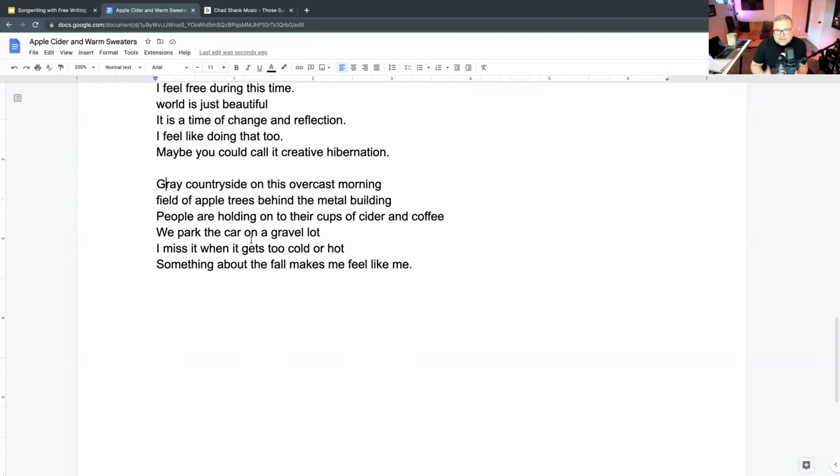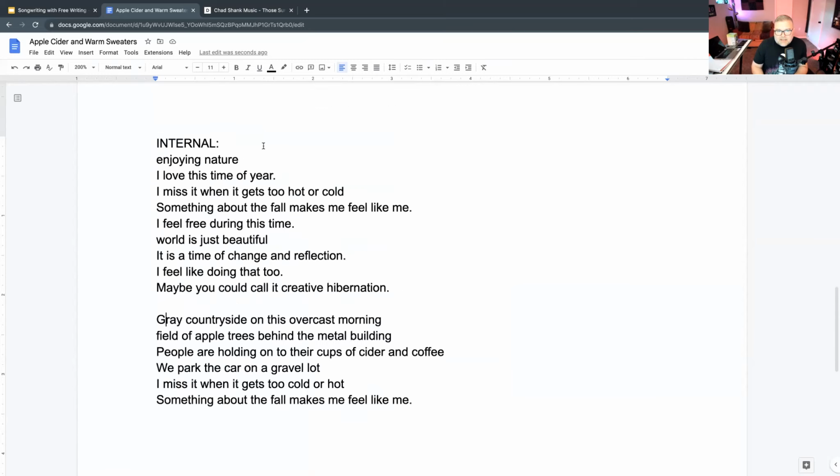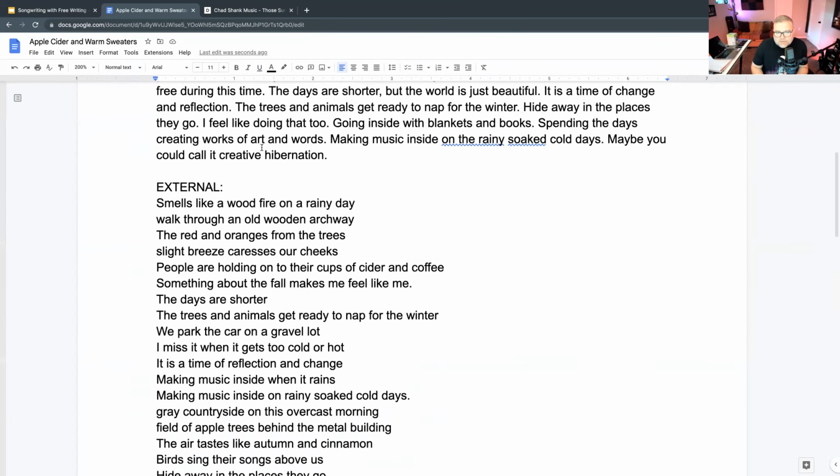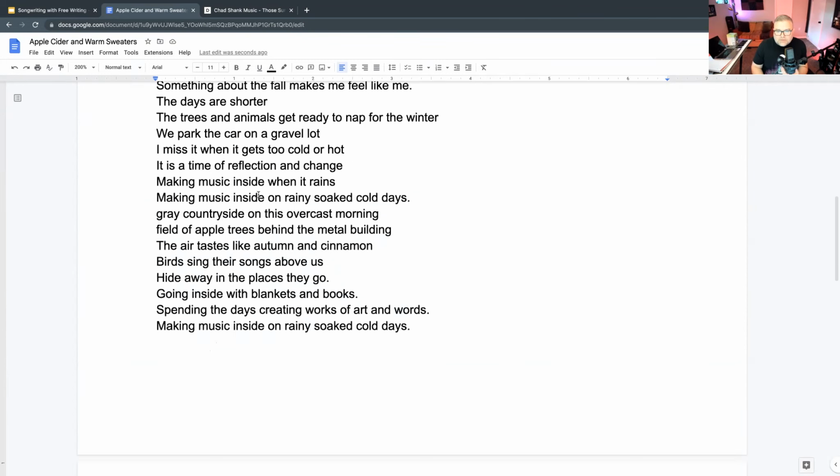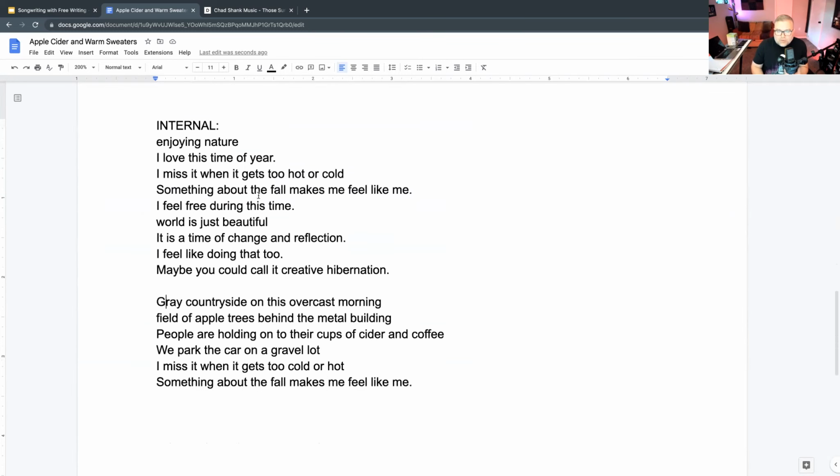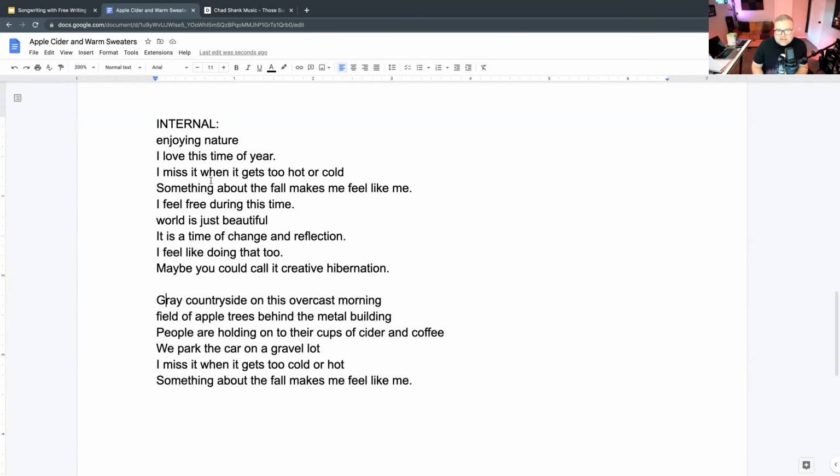So the idea here is to take lines, and you don't necessarily have to use the rhyme scheme. You can move lines around and put them into whatever order makes sense for you. But the idea is to use the lines from your free writing to put them together to make a verse. So that's really the next step and what I had done here. I would probably refine this a little more at some point, but any questions on that